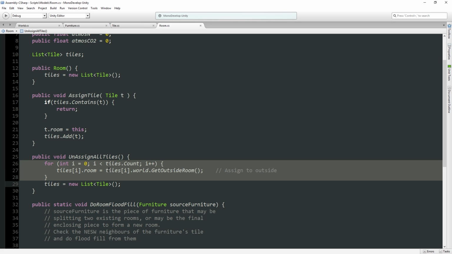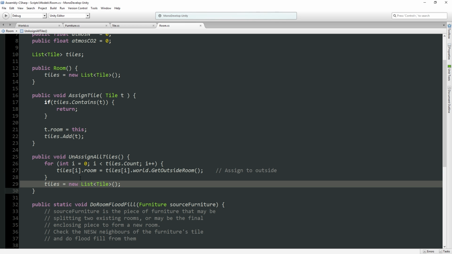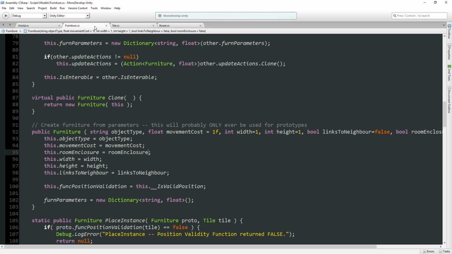All the tiles that used to be in our room now point to outside, and our own list of tiles that we contain has been reset to a brand new list. The old list will get garbage collected, and that will be fine and peachy. Okay, so when we put down a new piece of furniture,